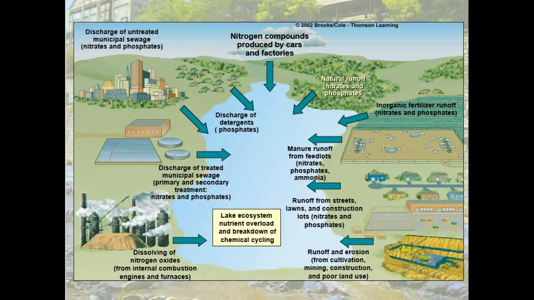Okay, so here's another diagram that shows different point sources and discharges that come into a lake, right? So you have multiple sources here: sewage systems, industry, agricultural systems, mining, all of these things then having runoff that goes into the lake ecosystem and then changing